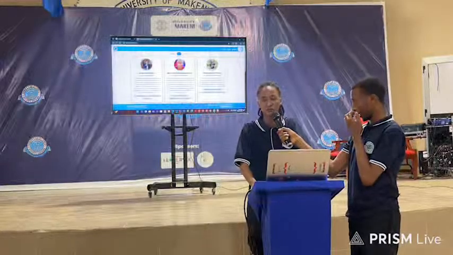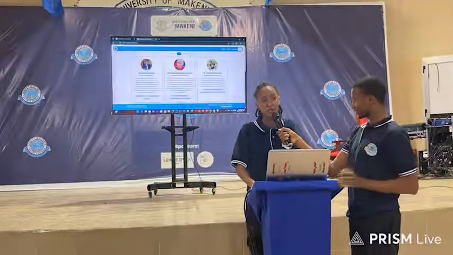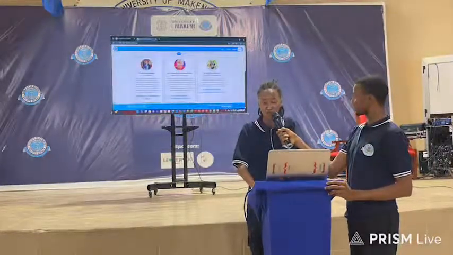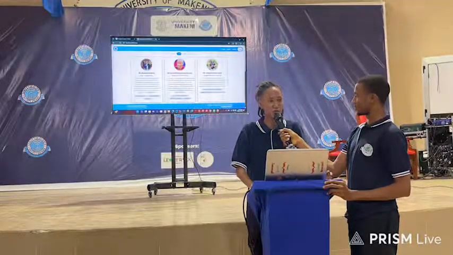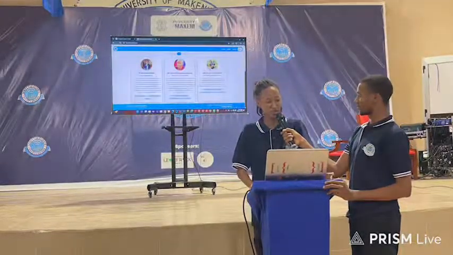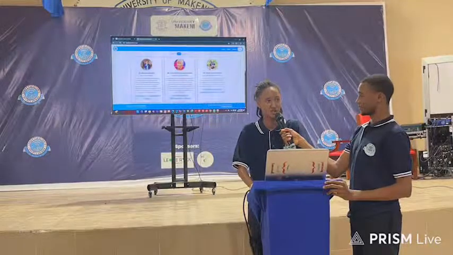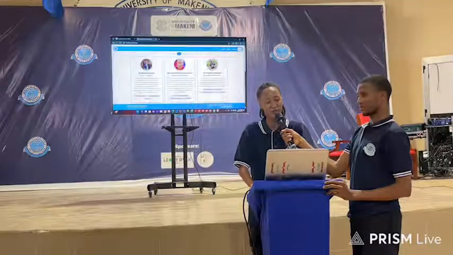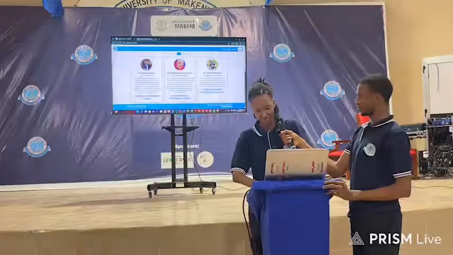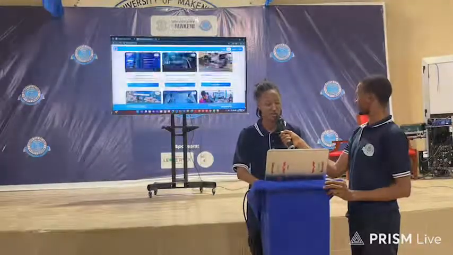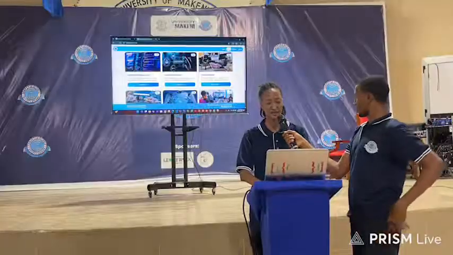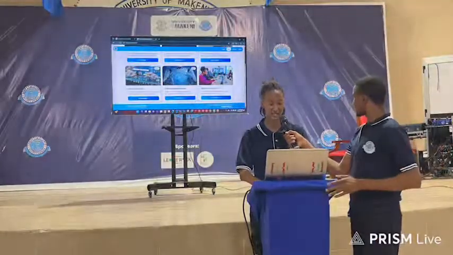These clubs, we have 6 of them. The main purpose of this club is to bring students together. Let's say I'm good at coding. There are students who are not good at coding. So for you to learn more, you have to join these clubs. As you can see, we have 6 clubs. We have the software engineering, cyber security, multimedia, and data science.